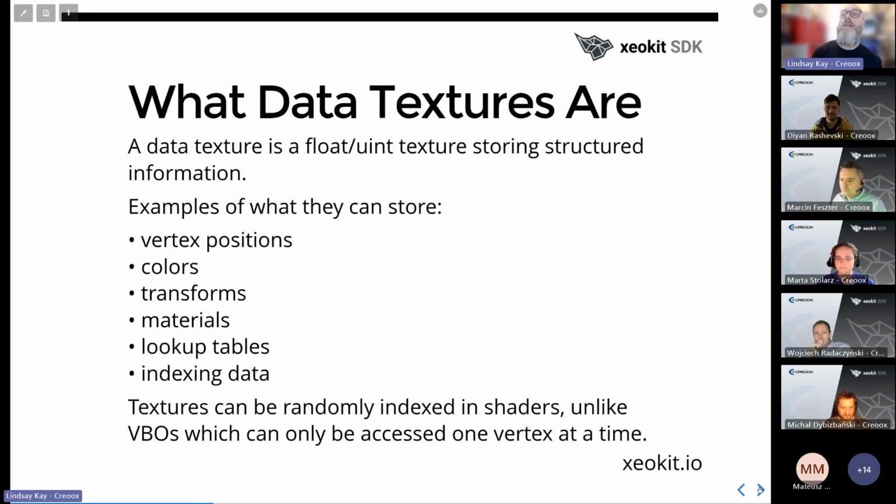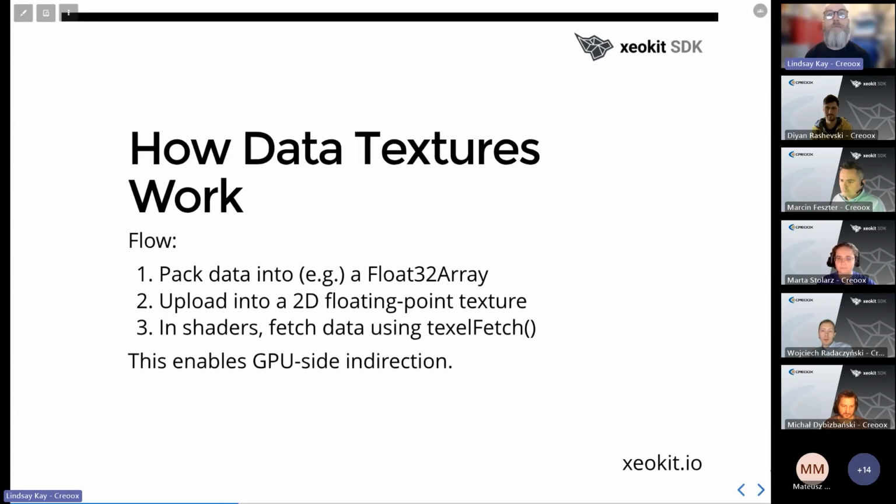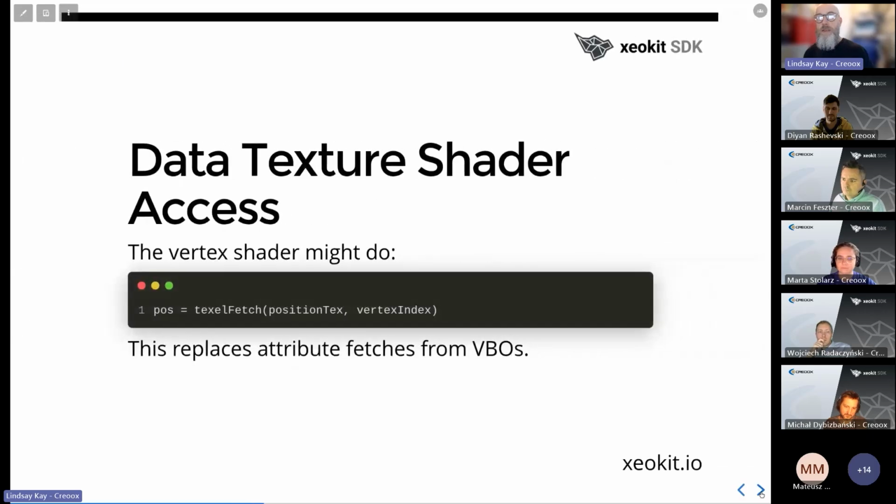Another distinguishing thing about data textures is that you can randomly access them from within the shader. As I described before, we can pack numbers into a data texture and then fetch anything we like from wherever we like in the texture using a texel fetch. So data textures give us the ability to randomly access a buffer of data, whereas a vertex buffer object is